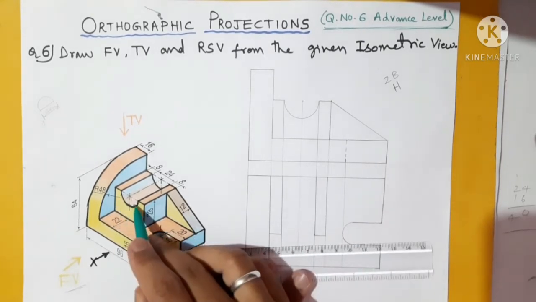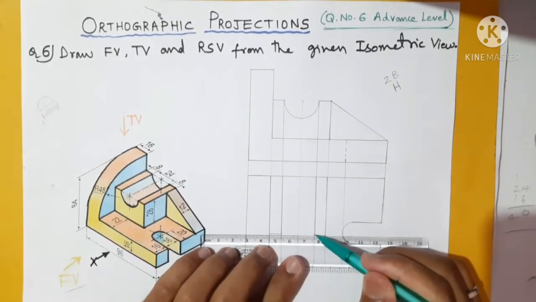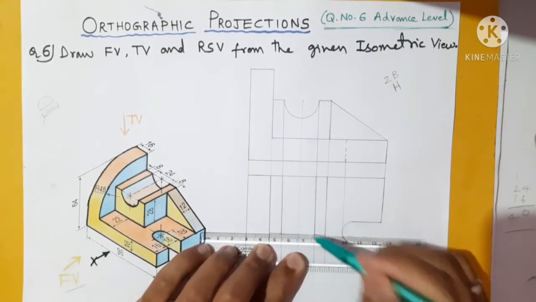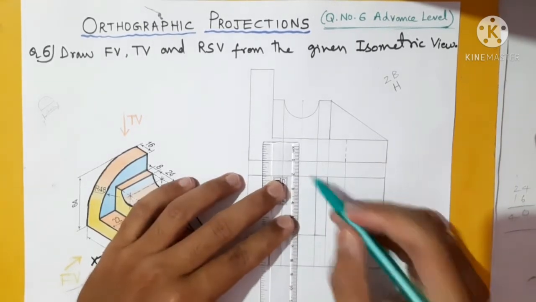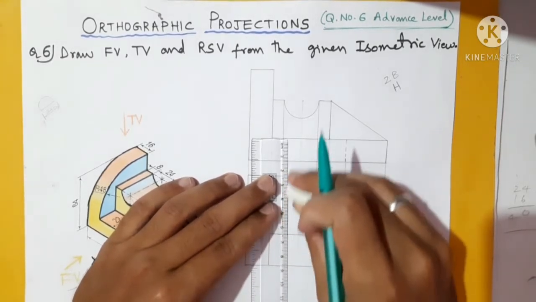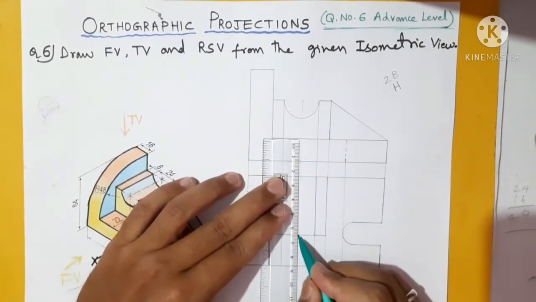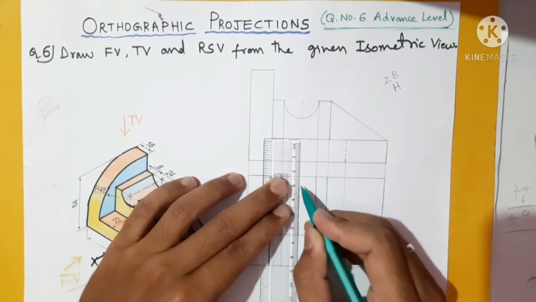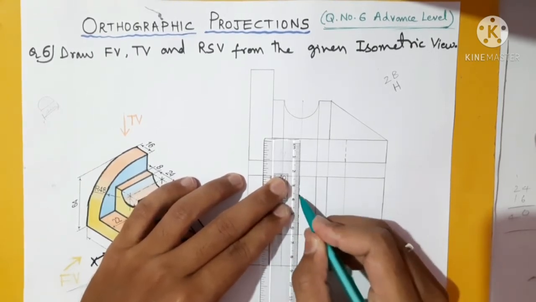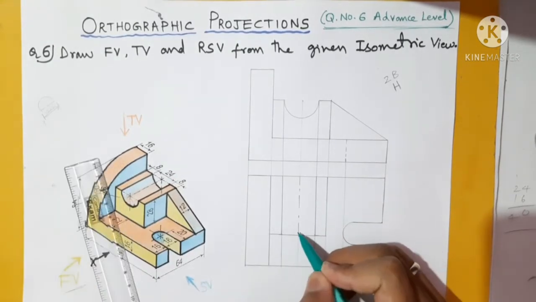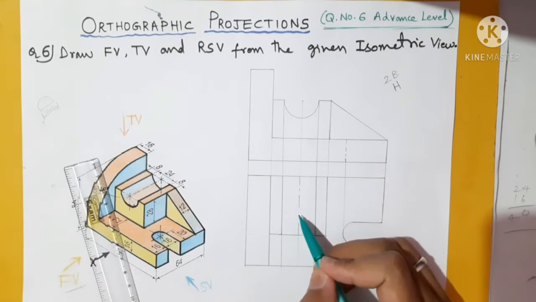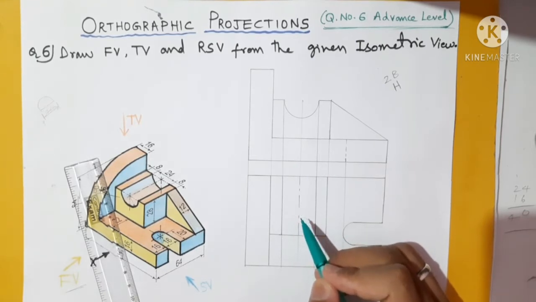Let us join this. This line is visible. Here we will make it continuous, and here you need to show the axis line. Axis is thin chain. The category of line is axis, and the line weight you can call it thin color followed by chain line. This is also thin, but this is projectile. This is thin, but it is a chain line.